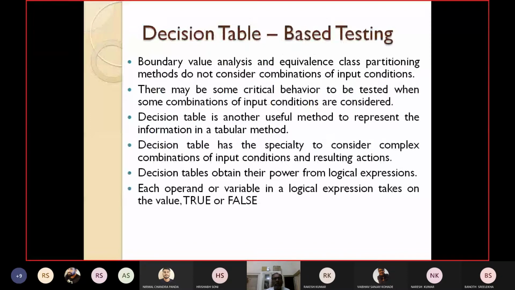Now let's continue where we left off from the last class. Last class we discussed state table based testing. Any doubt on this? Anybody else who has gone through this? Any doubt on state table based testing? I have already told you: first you construct a state graph from a given finite state machine, then construct the state table. Then there will be some rows and columns.